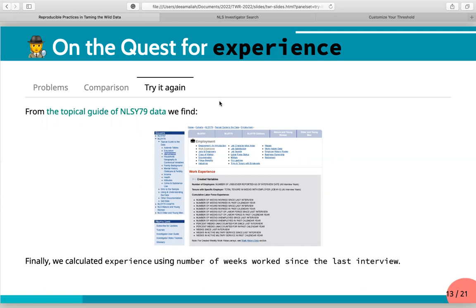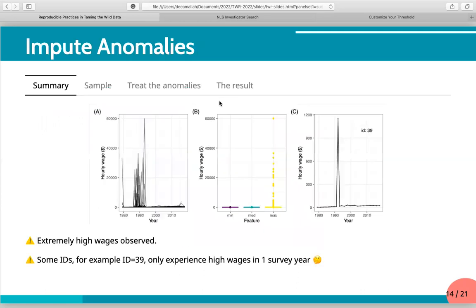if we create a data set from the wild, it should ideally come with documentation on how they are calculated. And the other problem is there are many anomalies of wages data in the raw data. So we create a summary plot of the data set. It's the summary of wages of each individual. We can see that there is an implausible value here, because it doesn't make sense that one person has almost $60,000 an hour in their wage.